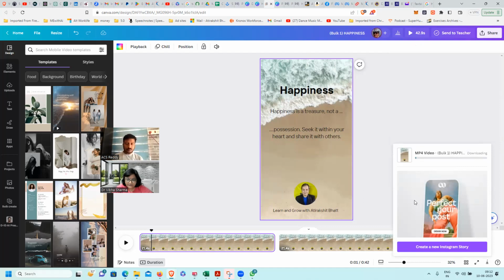Now this is where it takes the maximum time. When you're creating 30 videos, you click on download and for the next half an hour to 1 hour, you forget it. It will create all the 30 videos, and then it will ask you where you want it to be downloaded. Then it will get downloaded in that particular way. Then it is as good as simple videos. You create your post with a video, you put your hashtags, and again you can ask ChatGPT to give you the hashtags, and you schedule your posts.